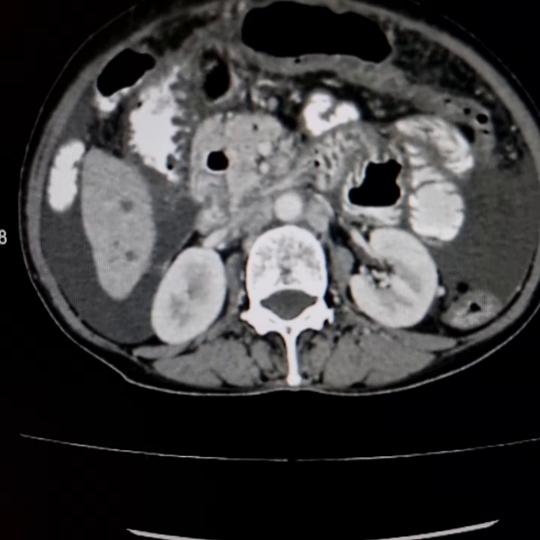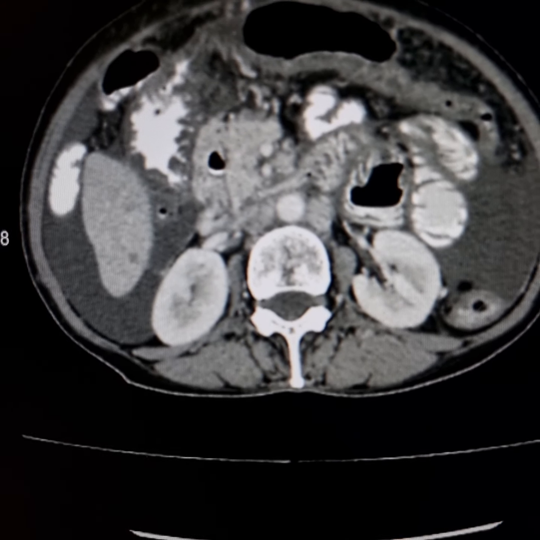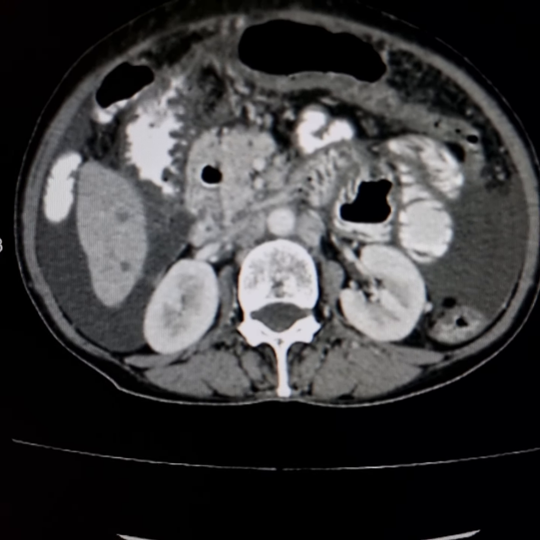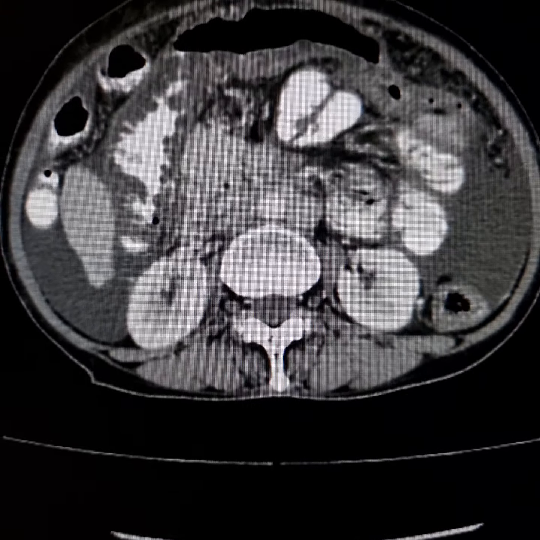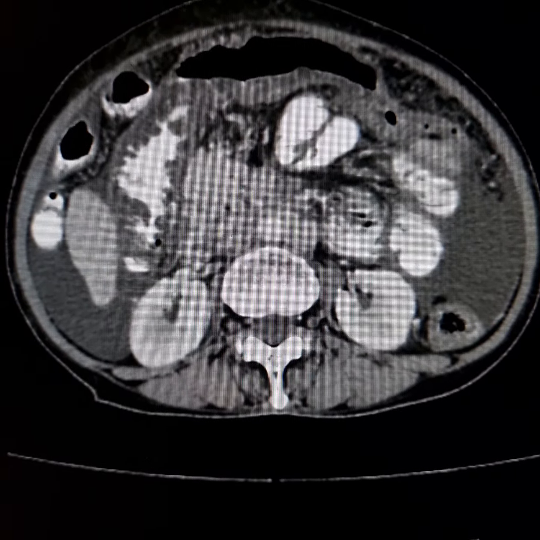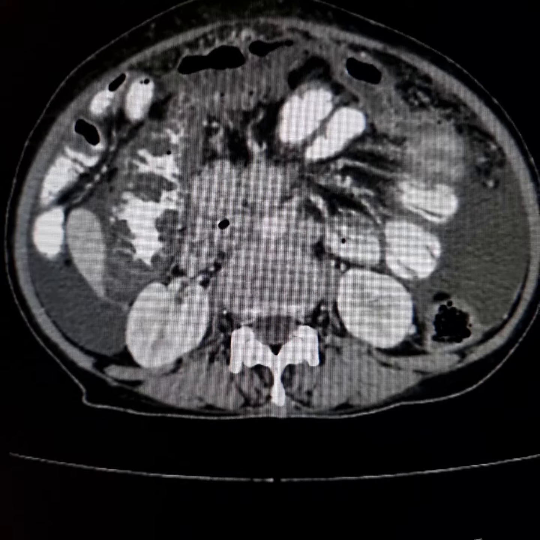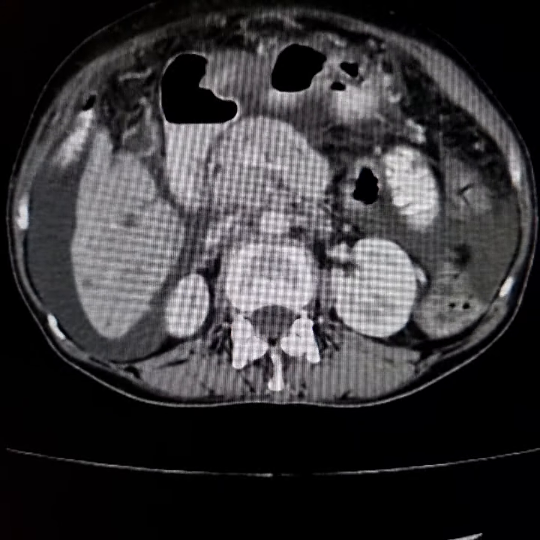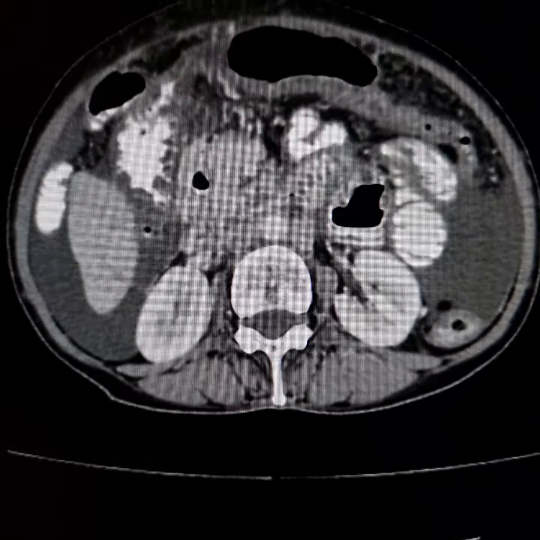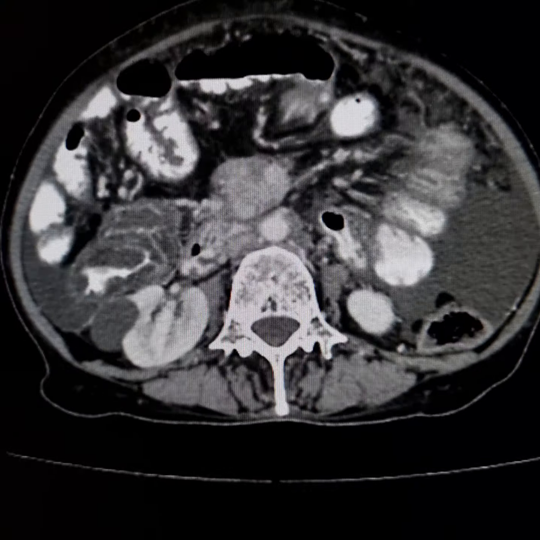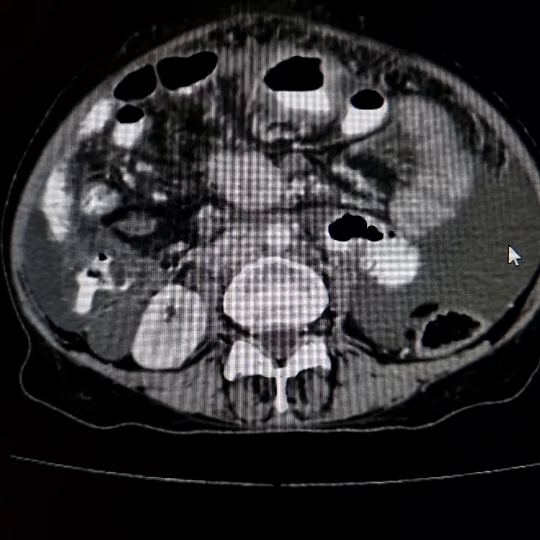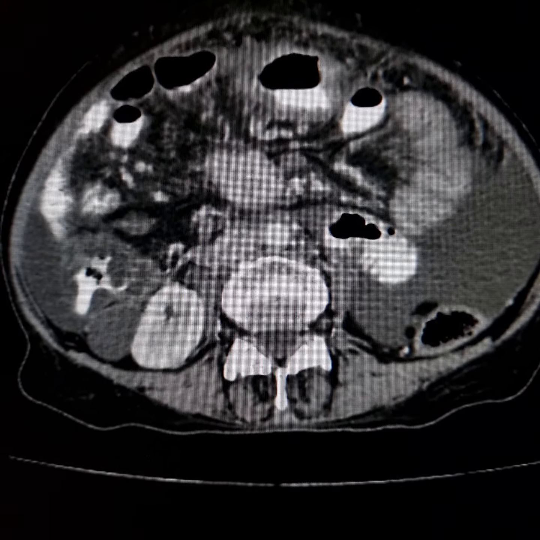Oral contrast medium has been given; ideally in such cases where ischemia is suspected, a negative contrast should be given so that the total wall thickness and extent of edema and enhancement can be assessed. In this particular case, the orally administered contrast medium is passing normally through the small intestine and entering the cecum